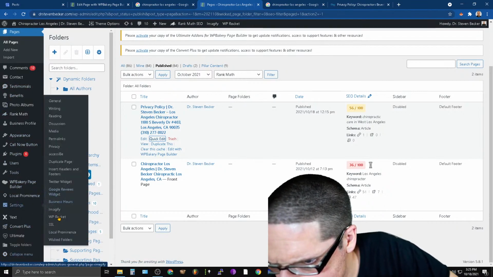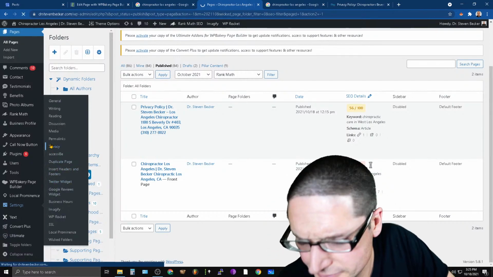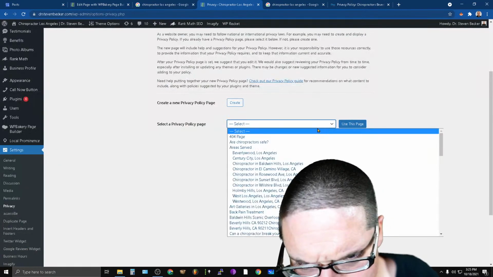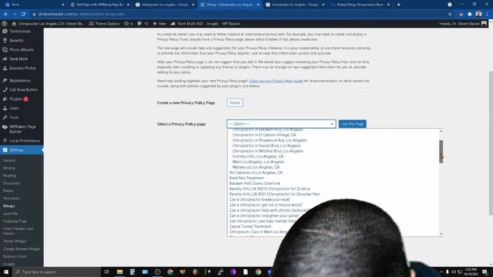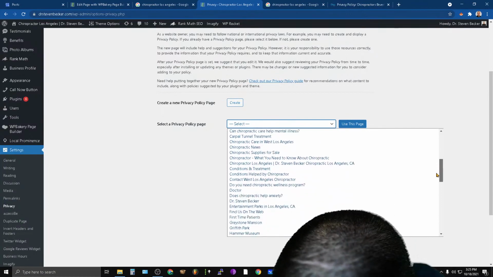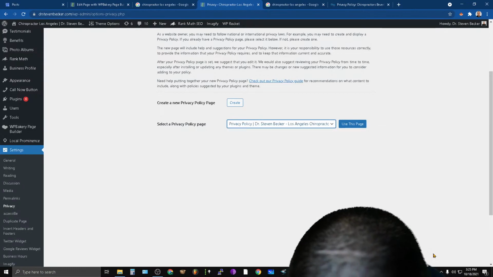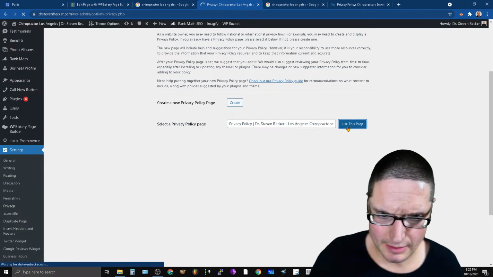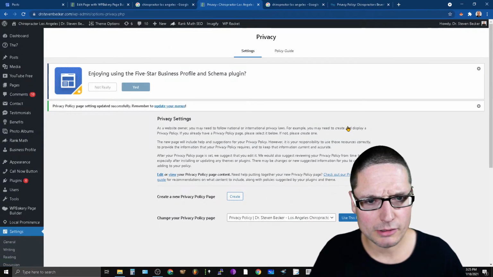Where is it? Here it is. Privacy. Okay. So I named it just a big privacy policy. I didn't see it the first time though for some reason. Maybe I overlooked it? I don't know. Oh no, there it is. All right, use this page. Privacy, check. So we're going to have to put that in the bottom. So that part's done. Okay.